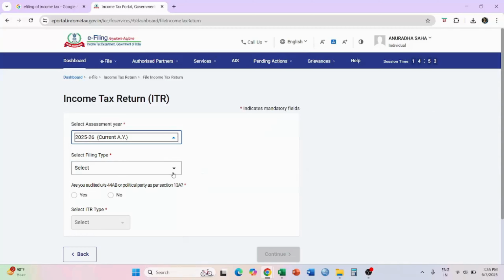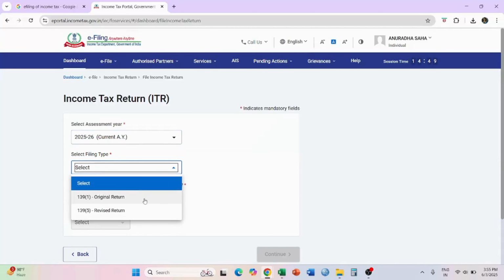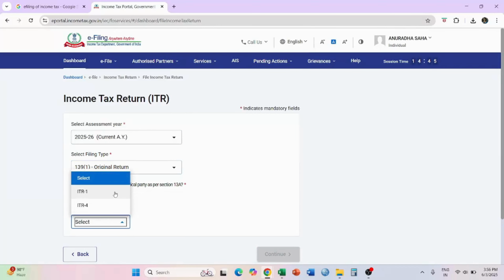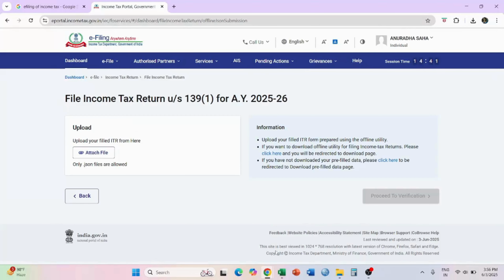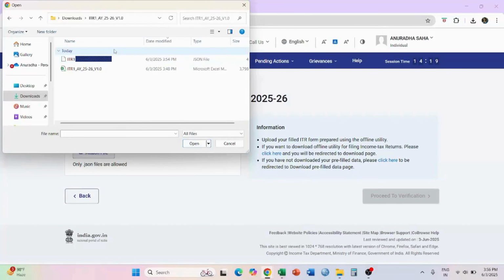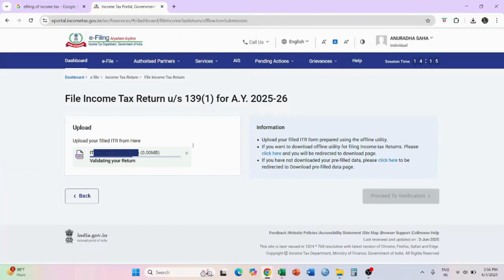Now again we are going to follow the same method. Once we have logged in, we will be selecting original return, ITR type 1, ITR 1, continue, and we will go to upload. We will be attaching the file, which is the JSON file that has been downloaded. So we'll open that.